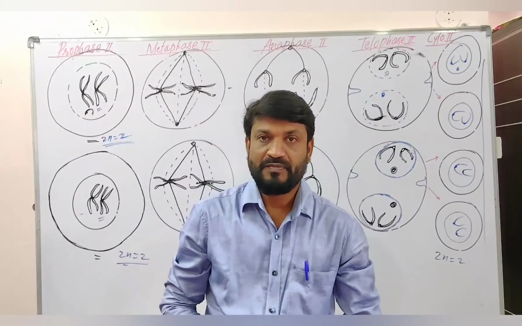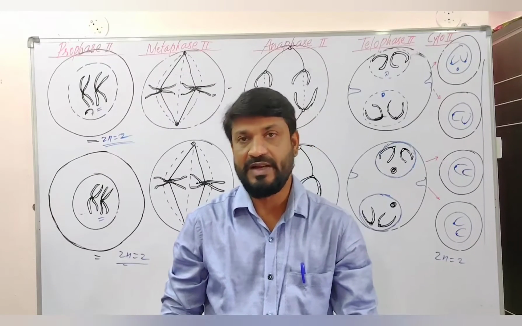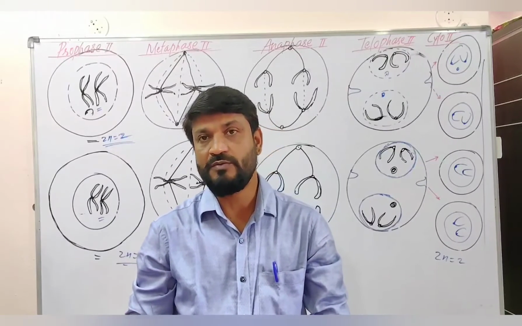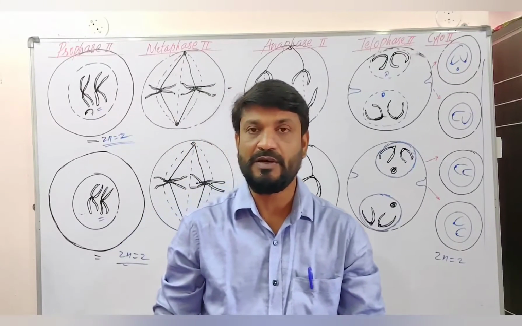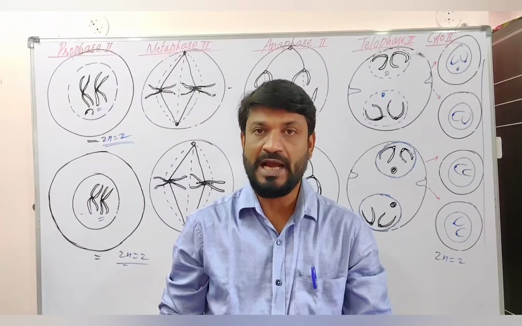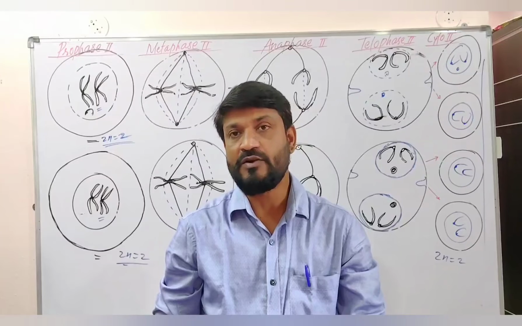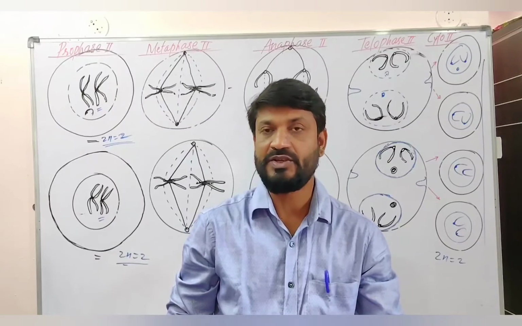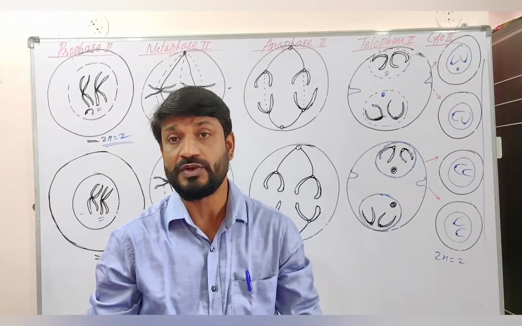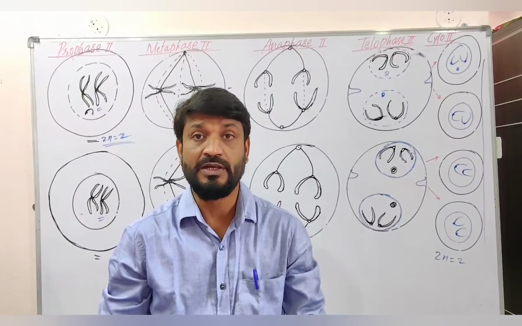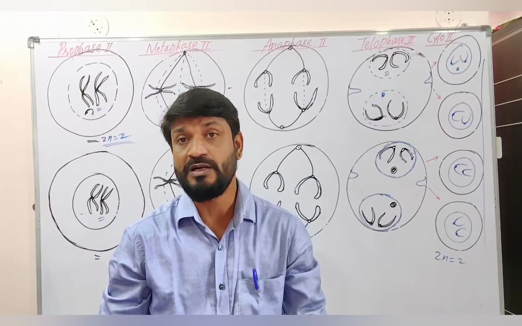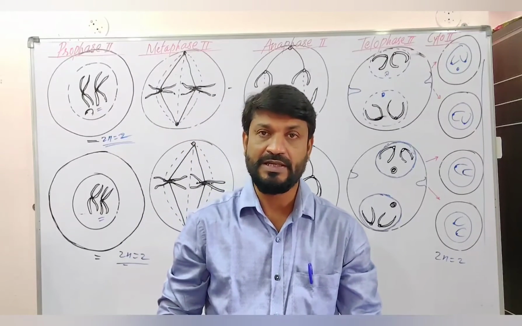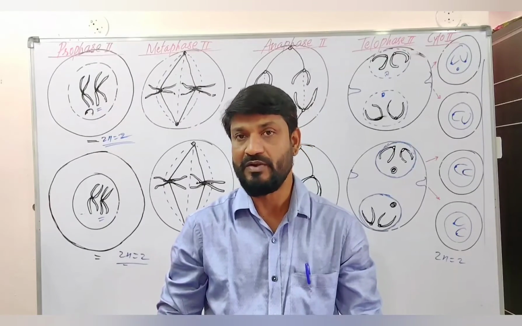Next application, students: in meiosis, one of the very important events that occurs is crossing over. During crossing over we know there will be exchange of homologous segments of the chromosome. Okay, and due to that exchange, recombination occurs, which results in variations, and variations are the raw material for evolution. So for variation and evolution, meiosis is an important process. It will create variations and evolution. So those are the significances of meiosis.